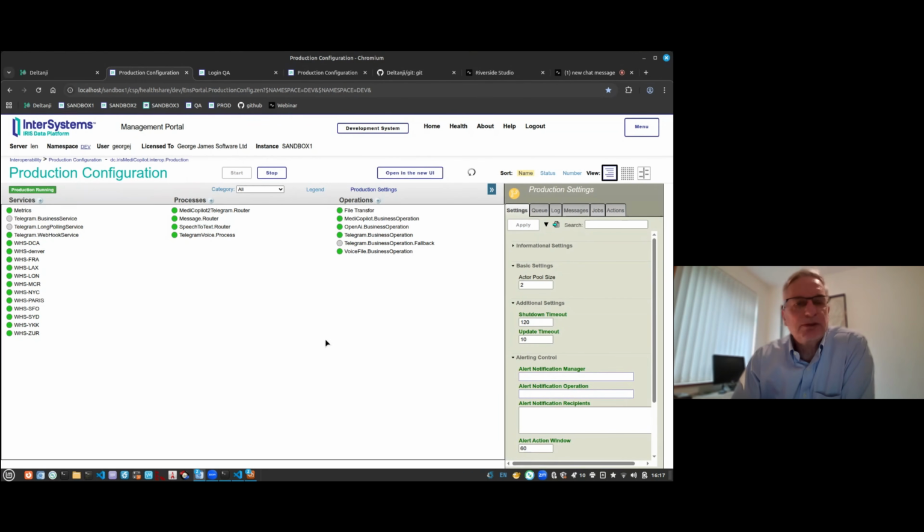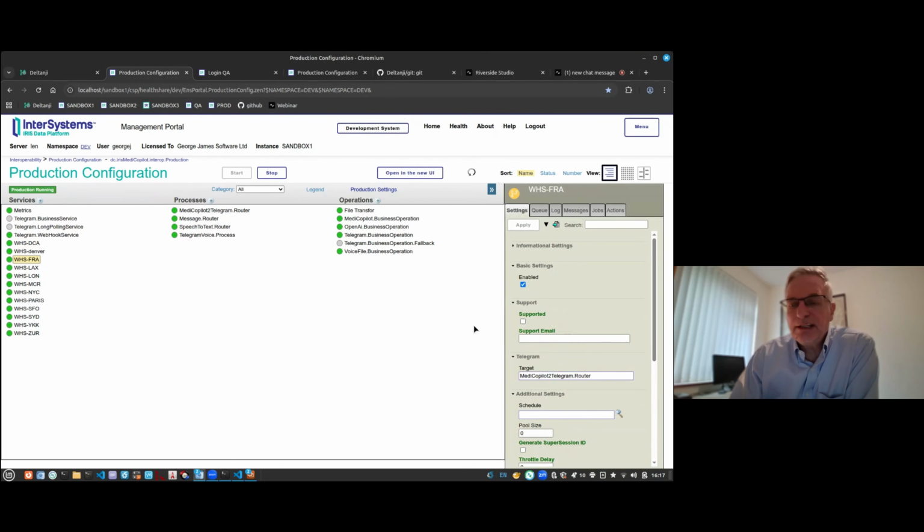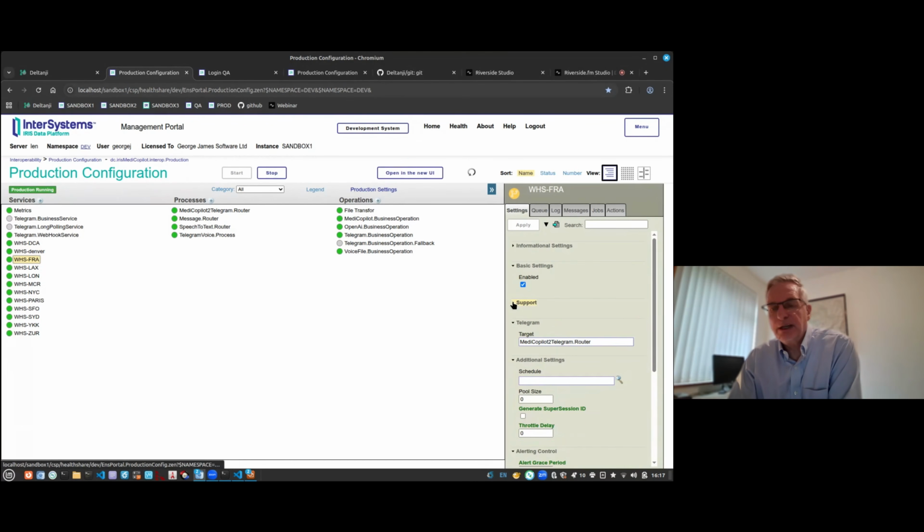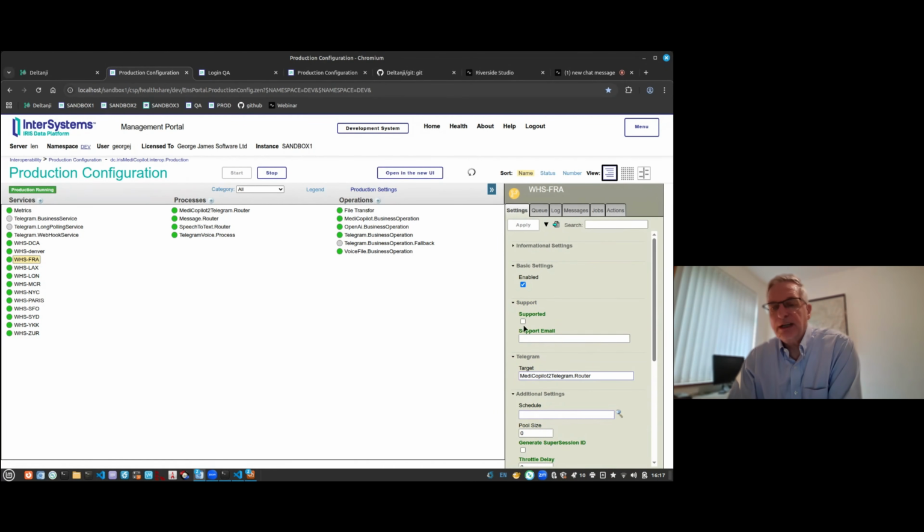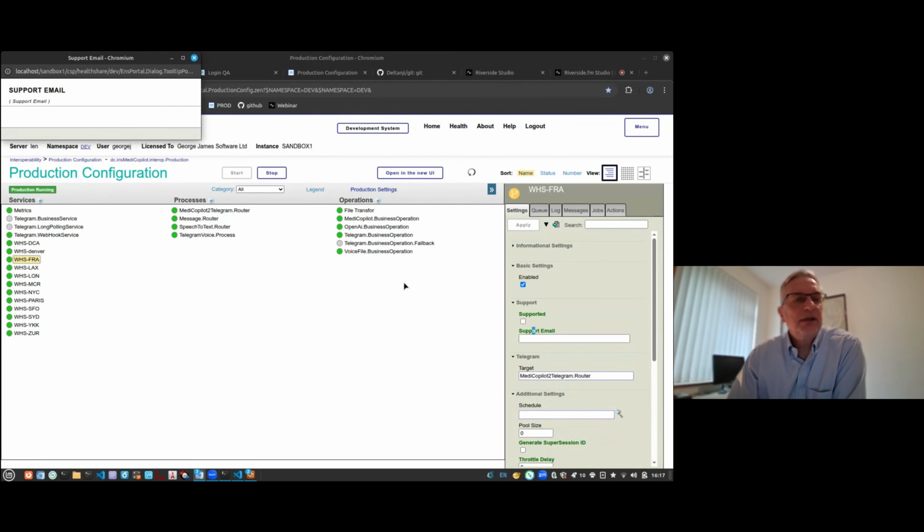So this is sandbox 1, and this is on our development system. So let's go and pick one of these, and there we are. We've got the support section, and we've got our 2 new fields in there. Now at this point, these fields are read-only. We can't change them because